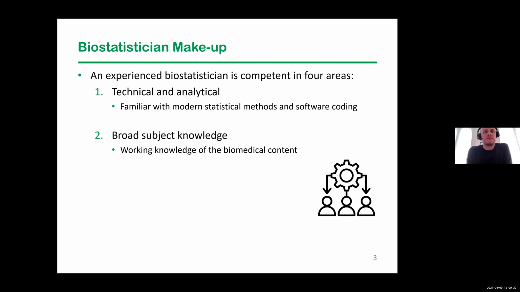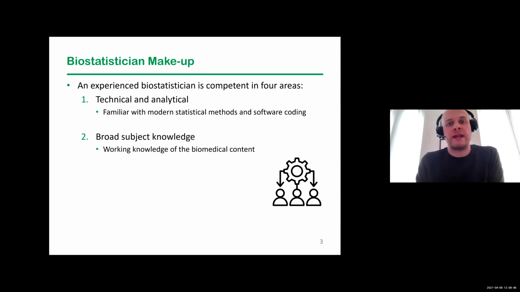The next one I would consider is a broad subject knowledge or a working knowledge of the biomedical content. Janet and myself cumulatively have about 15 years of experience working as consulting biostatisticians. So I'd hope that we would have some experience with some data like yours or a research question like yours. And when you come and sit down with us, we can have a good conversation about, well, what's the best design for your study? How are we best defining your exposures? How are we best defining your outcomes? What type of test do we need to run to answer your research questions? So a good statistician hopefully knows a little bit about biomedical content when you come and sit down and talk with us.